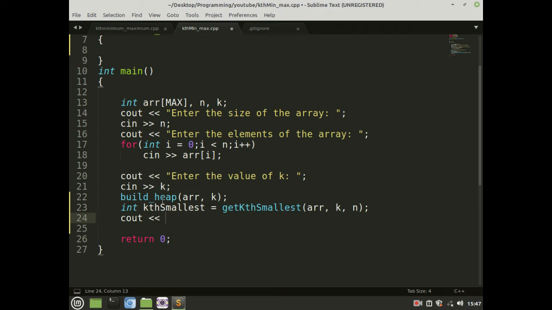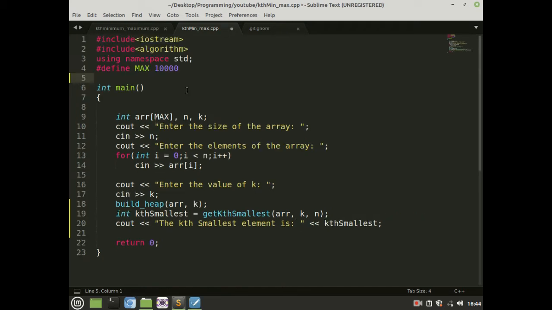Now just print that the kth smallest element is, and this kth smallest. Let's put a space here. So now let's try to implement the build heap function.